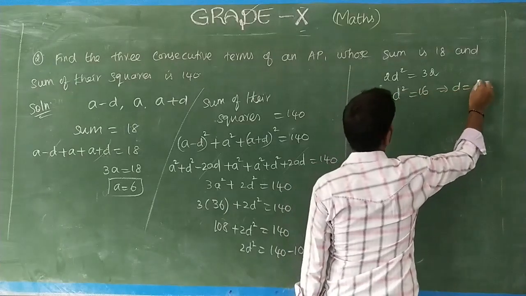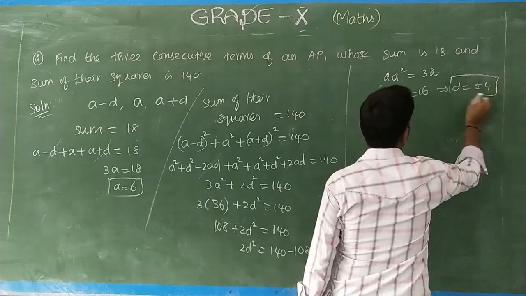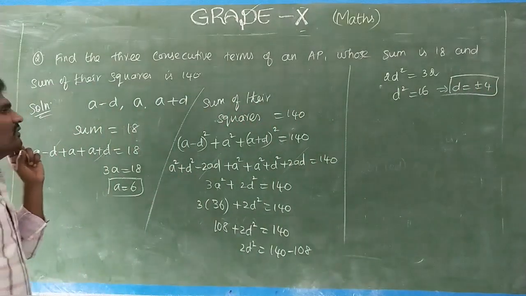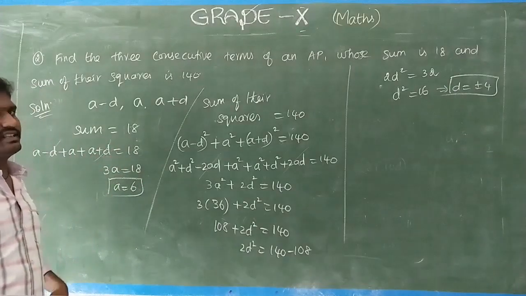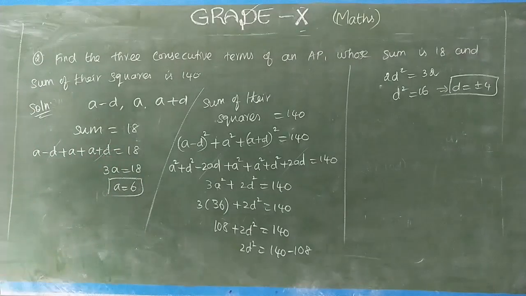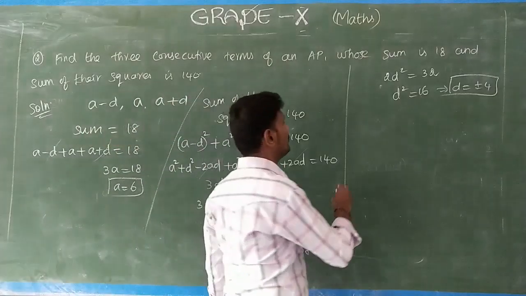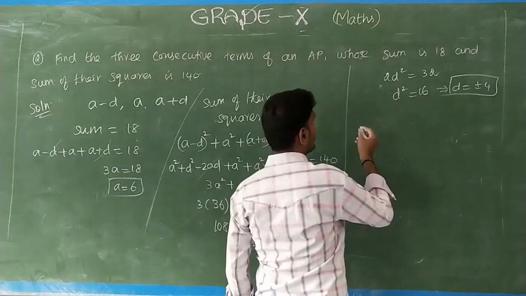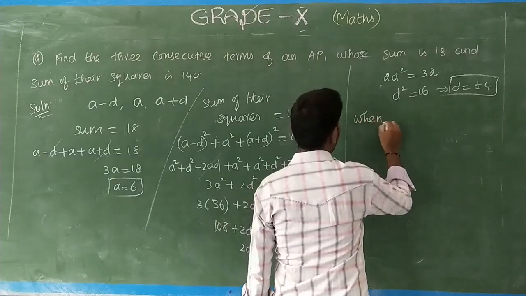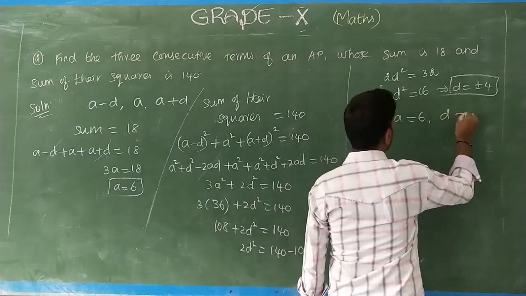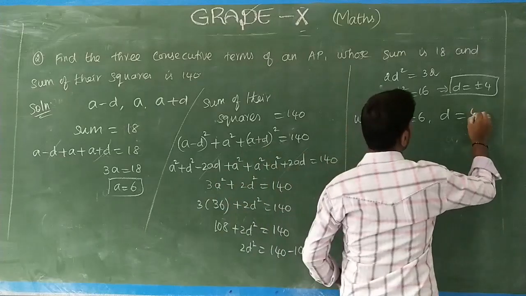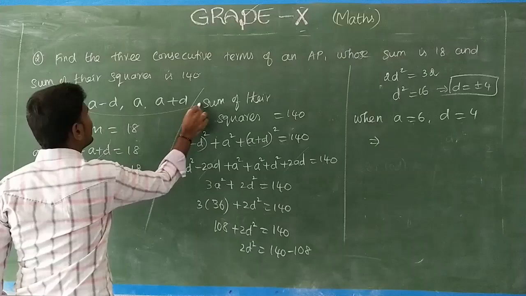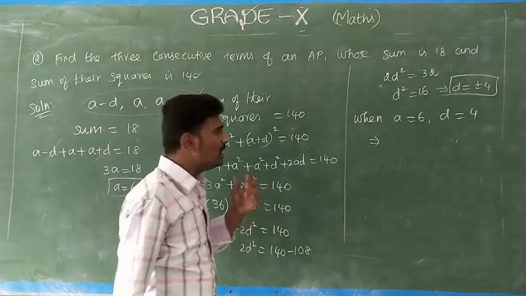Then d is equal to plus or minus 4, because 4 fours are 16. Yes, student. Now you have the same optional exercise I gave you now. For that kind of question, the value of a is 6 and the value of b is 2. Sorry, when a is equal to 6 and b is equal to plus 4, substitute that, taking a minus b comma a plus b.